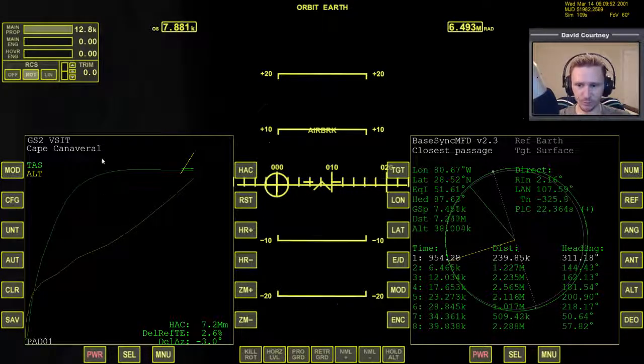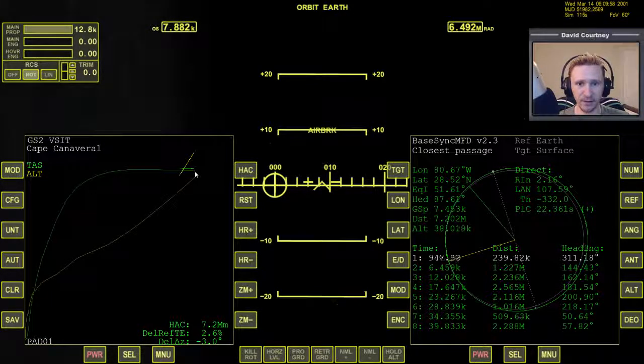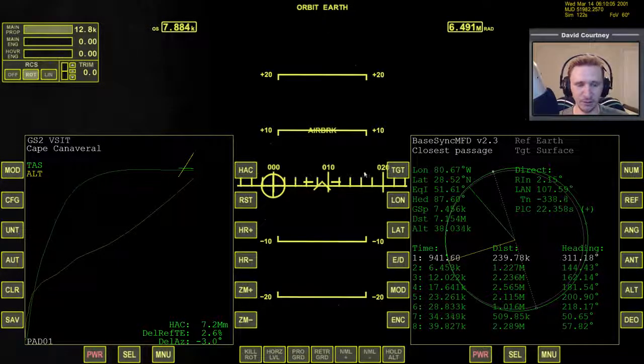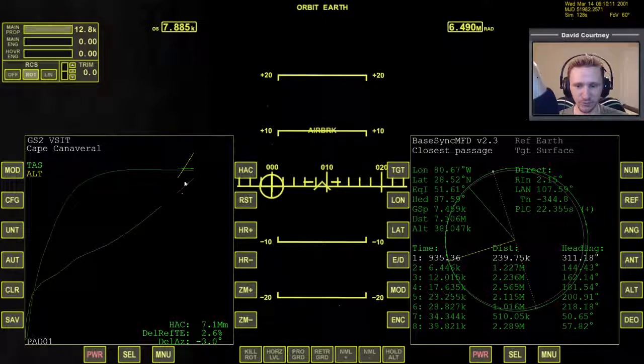Now, this one is basically telling us what our flight profile should look like under an ideal situation. Now, currently we are in the Delta glider, and I don't know that we have the Delta glider selected for our profile. So first of all, before we worry about what this is saying, let's press CFG,